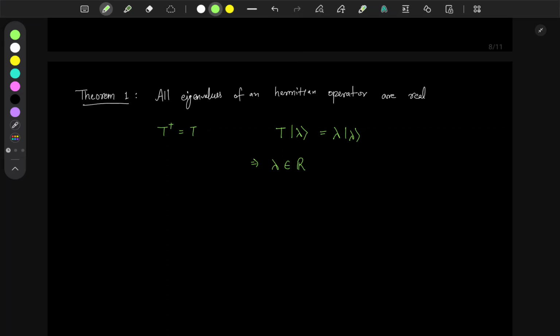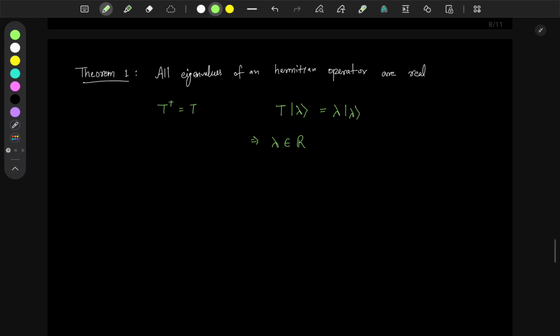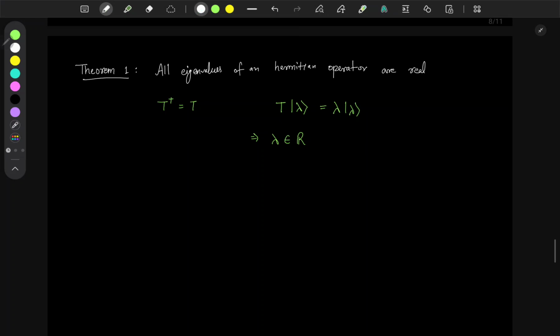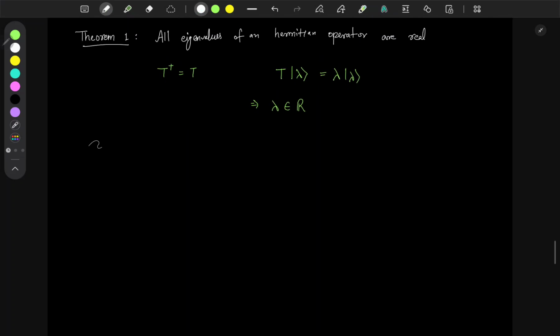Those values have to be real. That's why the Hermitian operators define the observable, because the corresponding eigenvalues are real, and eigenvalues are something that we can measure in an experiment. Now along with this, there is another important theorem about Hermitian matrices as well,